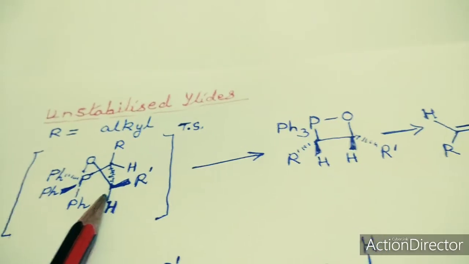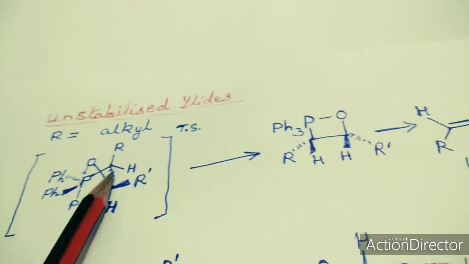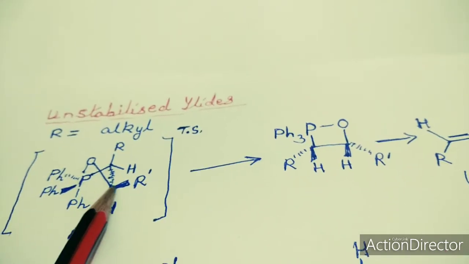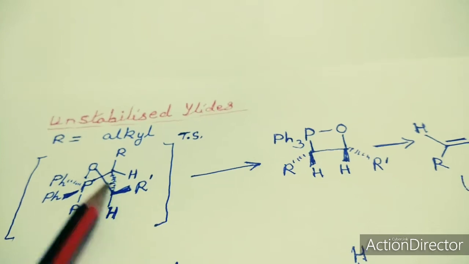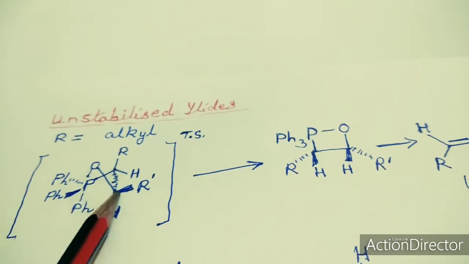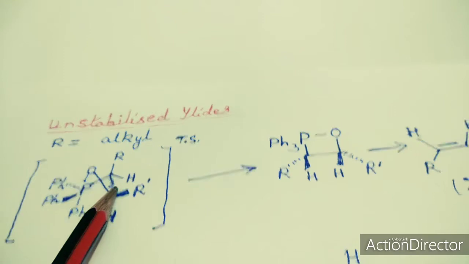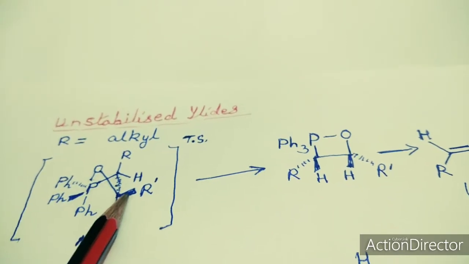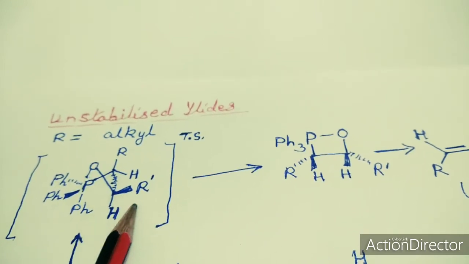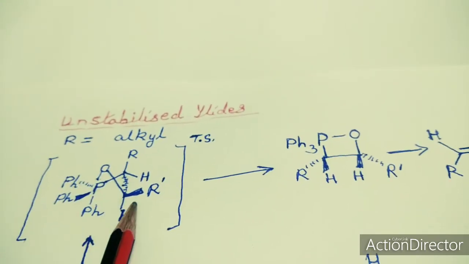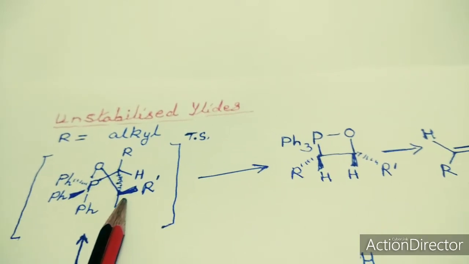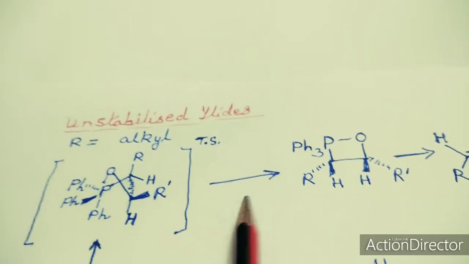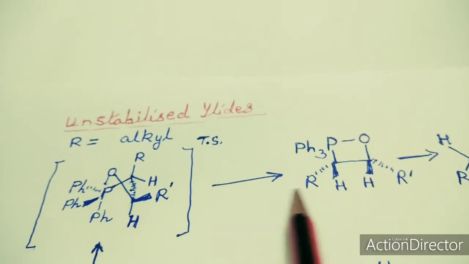This folded structure, we can see over here that this R and this R are quite far away. Otherwise, had they been close, as we'll see in the other structure, they would have caused steric crowding. So they are away from each other. This is the transition state, the puckered state. When this type of structure is formed, it will then collapse and we will get the product, as